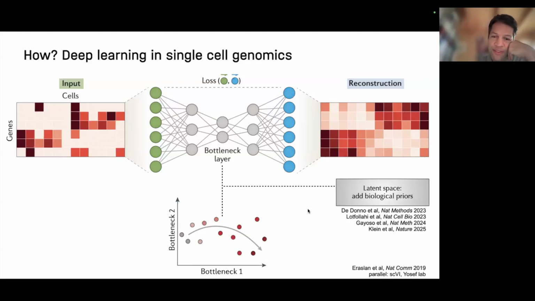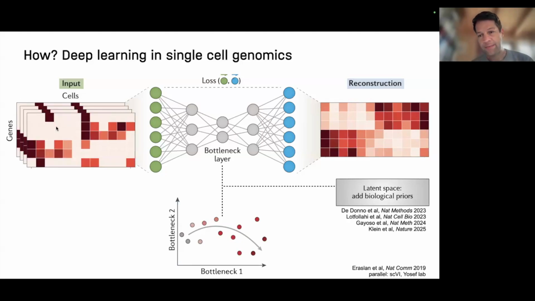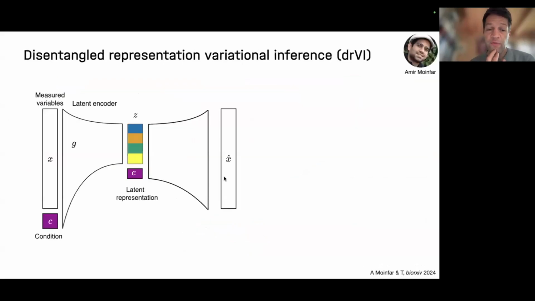I'll show a few more examples in this direction, but the key one I want to interest you in now is what happens if we have multiple of these data sets. This is a key thing. We want to build a human cell atlas, let's say. Multiple labs contribute to the data set, but then you often have massive batch effects, as you always have in these big data sets. So you add this information, you tell the method about the data set, and it can use it to superimpose and more efficiently encode them in the bottleneck, just a standard conditional variational autoencoder, and then you clean up the data. We've been running a lot of competitions, and these things are really working well.